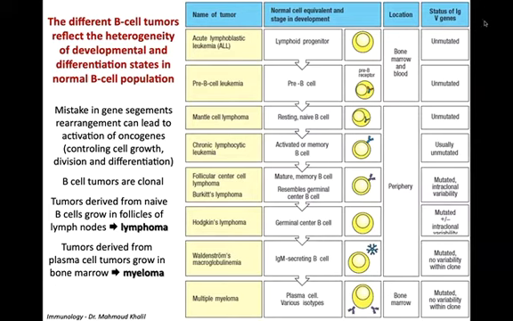So you can see here from this table the name of the tumor, the normal cell equivalent stage of these B cells, and the location, where the tumor is. Actually, it is based on the type of the B cell or the equivalent form and the status of the Ig variable genes. Some of the tumors are affected by mutation of a region or a segment in the variable region of the genes that are responsible for formation of the variable